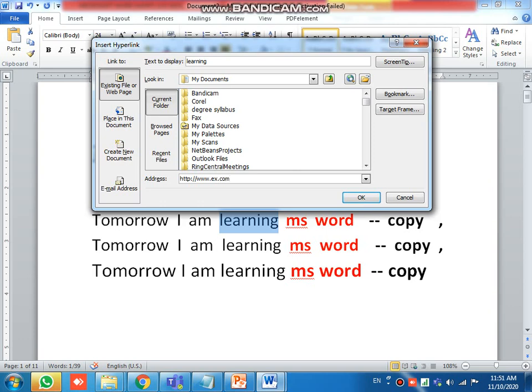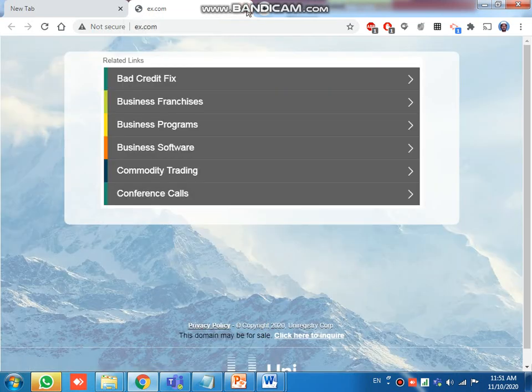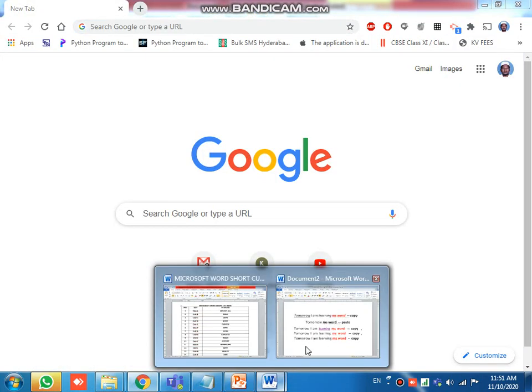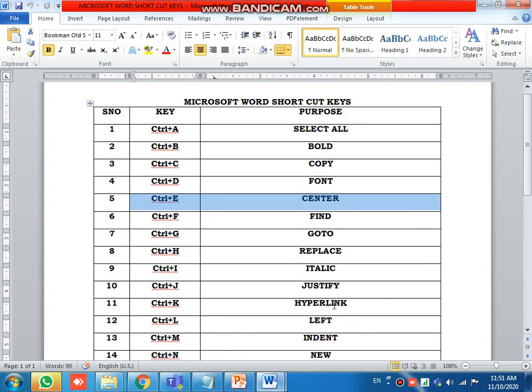Now if you click here, the particular website will open. Press Control with the mouse and click, and it will open the website. It is not a real site, so it will show an error for ex.com. Like this you can use the hyperlink.